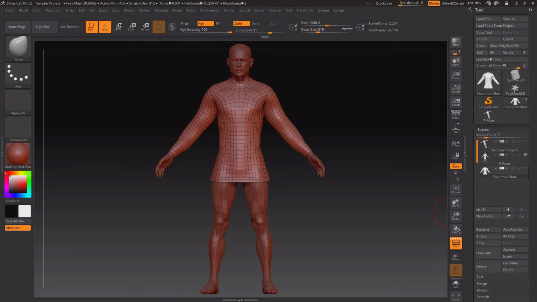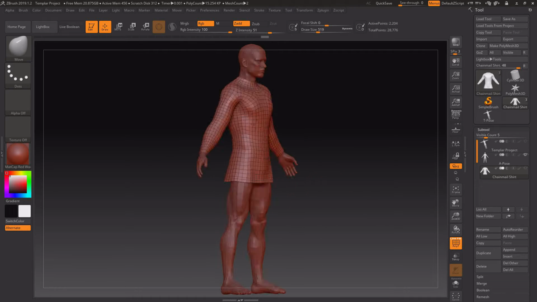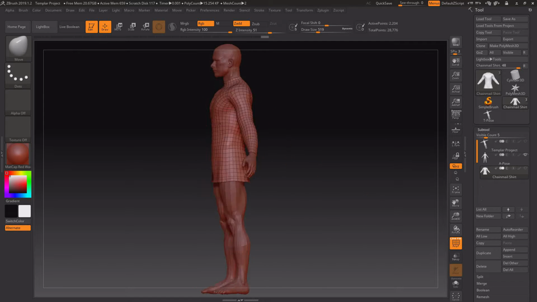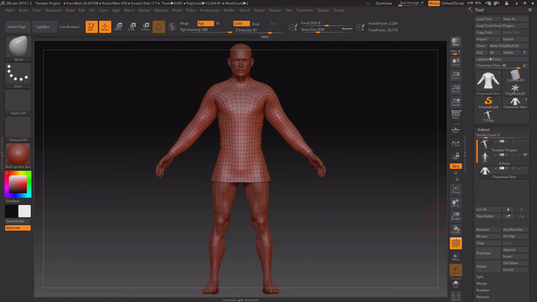Today we'll just be going over creating the forms for the trousers and the Templar robe that'll go over top of the chainmail shirt that you see here. Okay, so we'll do the pants first because the pants need to sit underneath as well. So we can